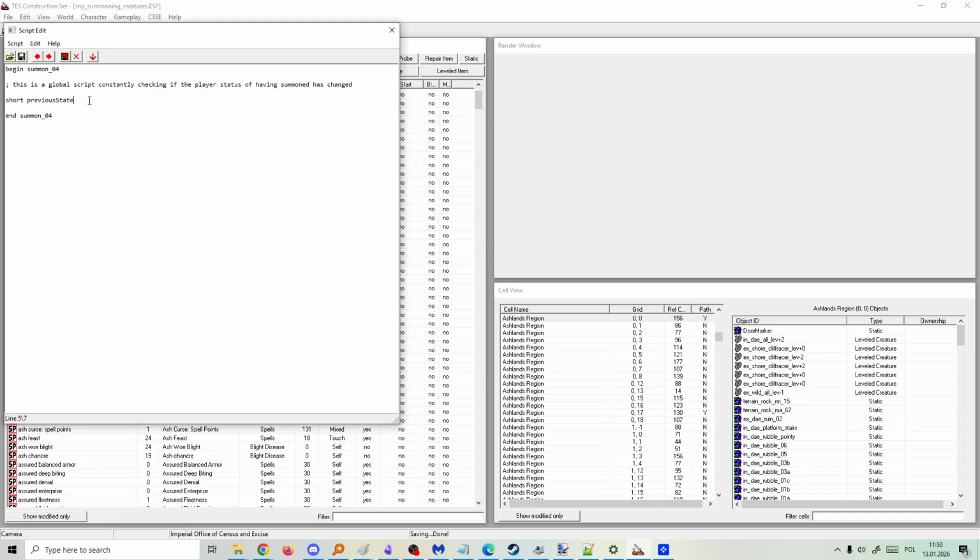But I believe it is important that the names of the variables you use are easy to understand when you read this script. Now, according to the Scripting for Dummies guide, if we need to check the effect on the player, we need to go "if player", making sure there is a space between the insides and the parentheses. If player arrow get effect, comma, and now we name the effect, which we know is S effect summon creature 04